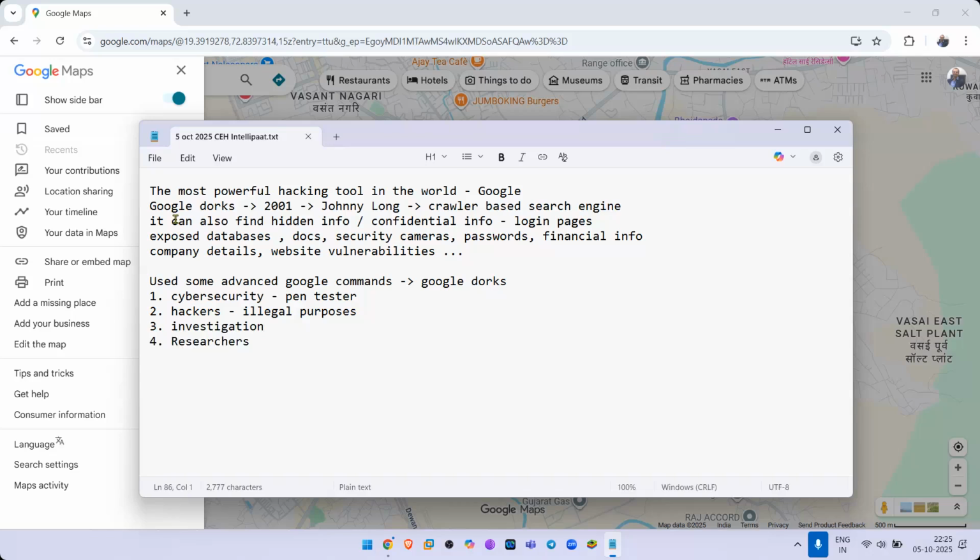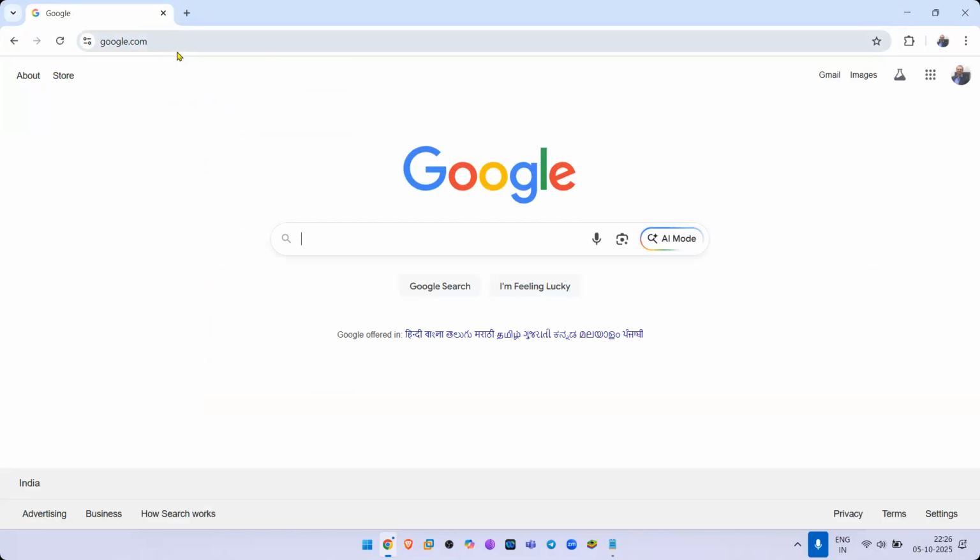There are a lot of Google Dork operators. Earlier in the day, I showed you site:naukri.com. This was one such operator, but there are many more. So let's just try some of these operators. What I'll do is I'll just go to Google. Now please pay careful attention, guys. We are going to have fun.